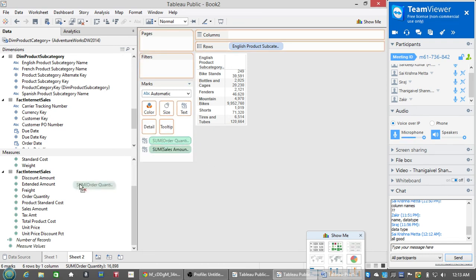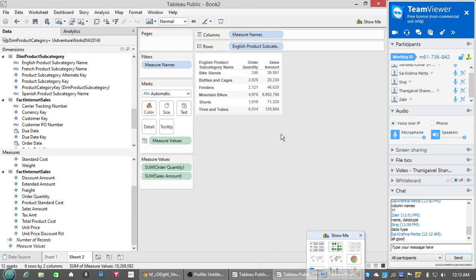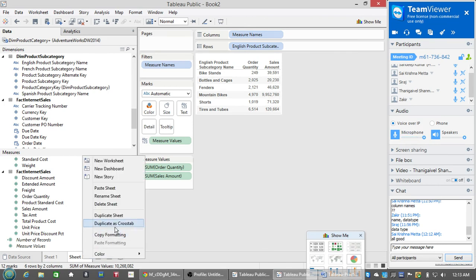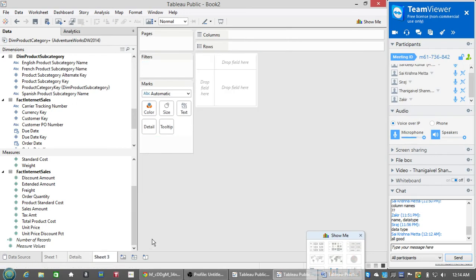Okay, that's not right. I'm sorry. Okay, there you go. Sales amount and order quantity, and I'm going to rename this as details. Okay, I'll add one other worksheet where